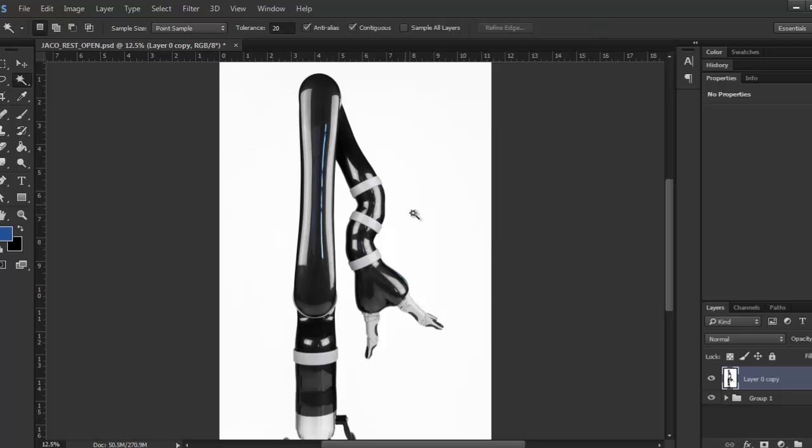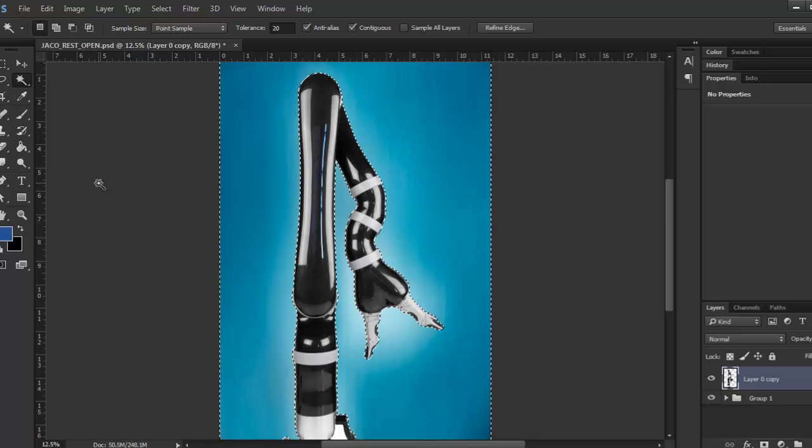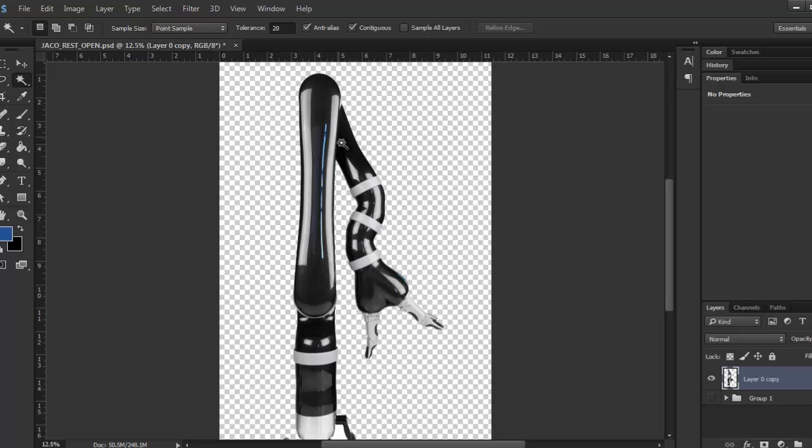One way to do that, that most people would probably use, is the magic wand tool. Select that, click on the white, and then just hit delete. What that does is it deletes the background of the image. So now there's no white background. But